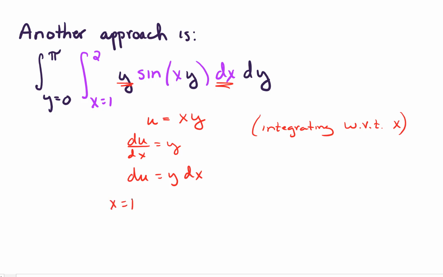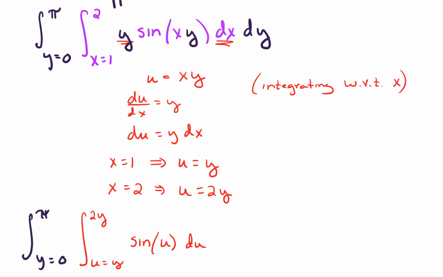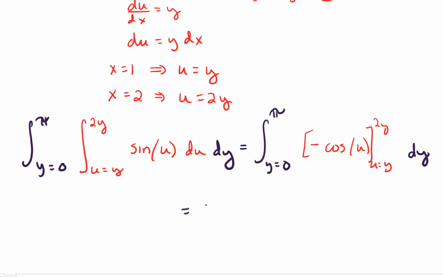When x equals 1, that implies that u equals, well, let's plug that in. Up here, u equals x times y, so that means u is going to equal y. And also, when x equals 2, that implies that u is going to equal 2y. Right? So let's see what we have. And now this is a pretty lovely integral to integrate, so let's do that. When we do the antiderivative of sine, we get negative cosine. And evaluating our limits of integration,